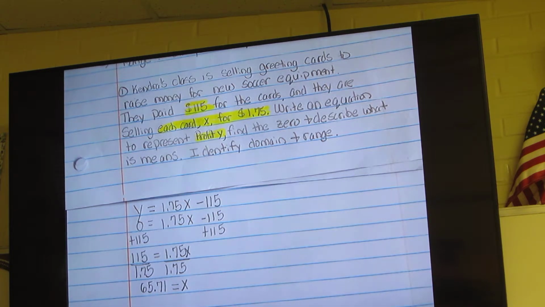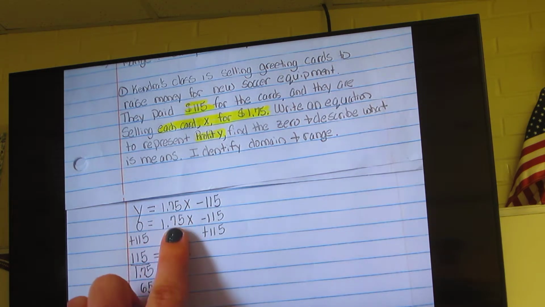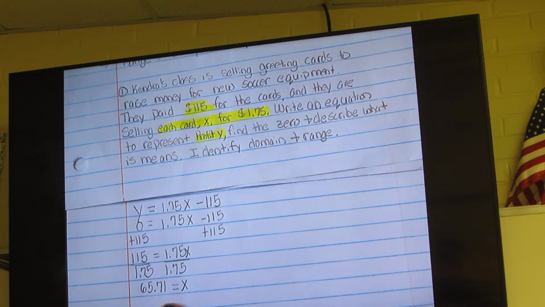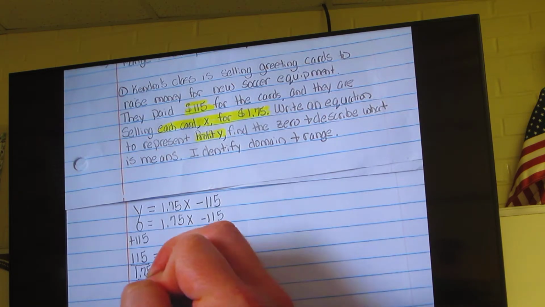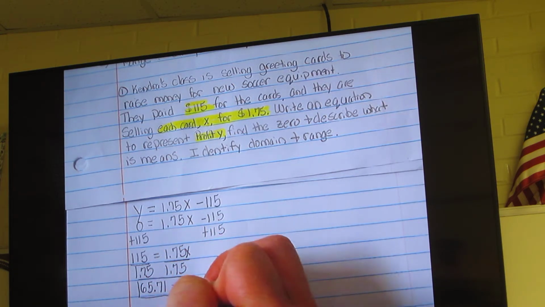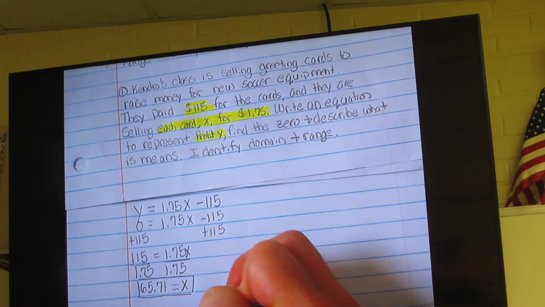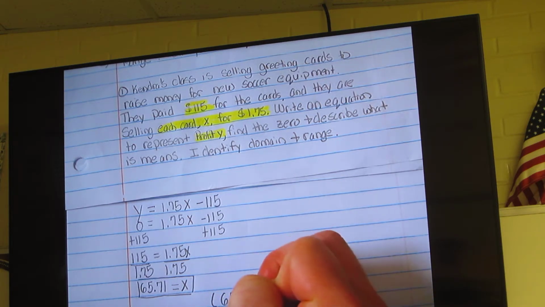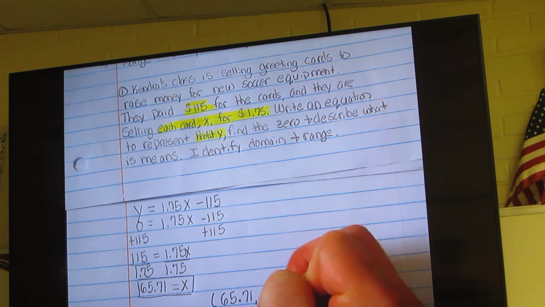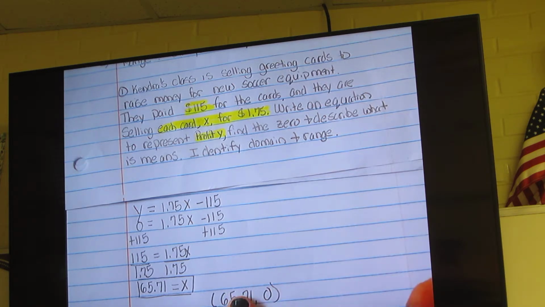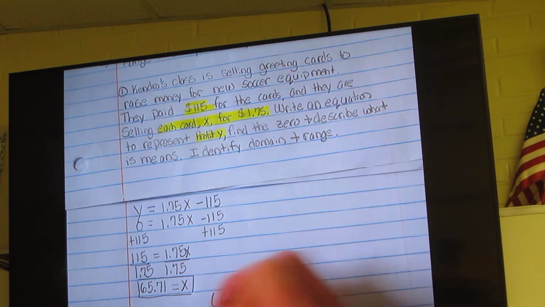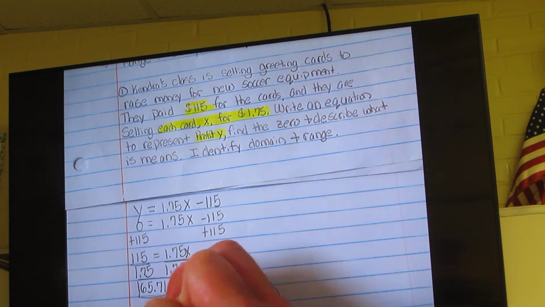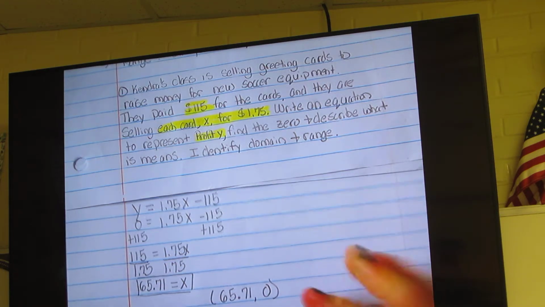Okay. All right, so what does this mean? If I write this out, this is my solution, this is my x-intercept. So if I write this out as an ordered pair, I have 65.71, comma, 0. So remember, x was each card, okay? So what does it mean if you sell approximately, with my squiggly line,